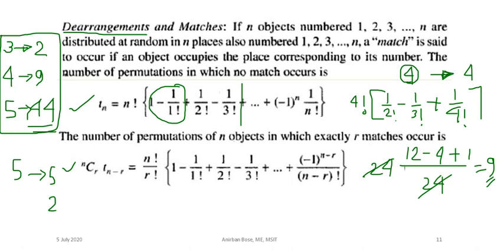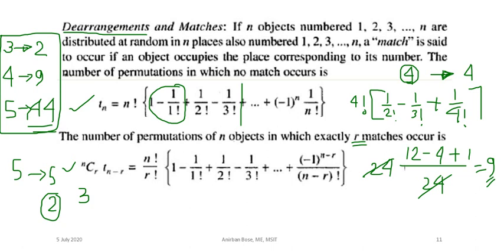That means 2 letters will go into the right envelope, but the 3 will be mismatched. Okay, so if the number of matches is r, then what is that number? In that case, that number will be equal to n factorial by r factorial